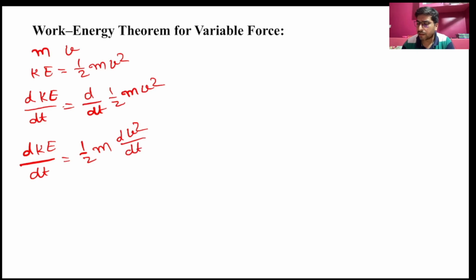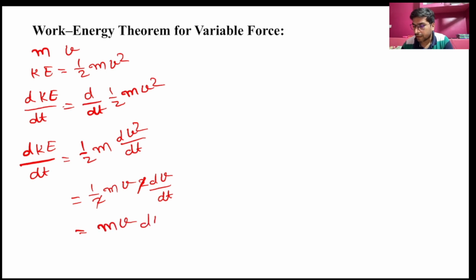Now differentiation of v square with respect to t will be how much? We can write this is equal to half m v into 2 dv by dt, right? So 2 will get cancelled out. It will become m v dv by dt,